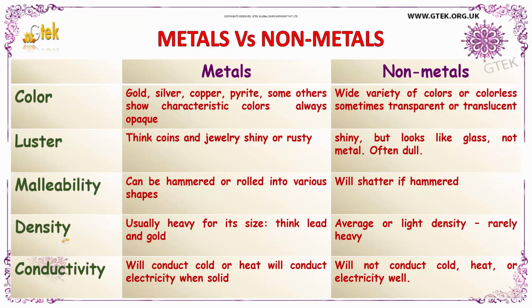In terms of density, metals are usually heavy for their size. We can think of lead and gold for the density property. Non-metals have average or light density, and heavy non-metals are rarely seen. In terms of conductivity, metals will conduct cold or heat, and they will also conduct electricity when solid. Non-metals will conduct mostly in terms of